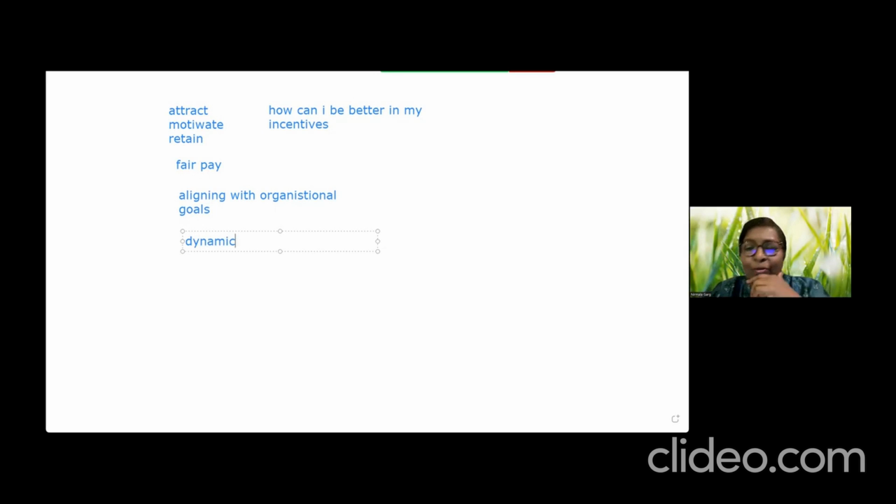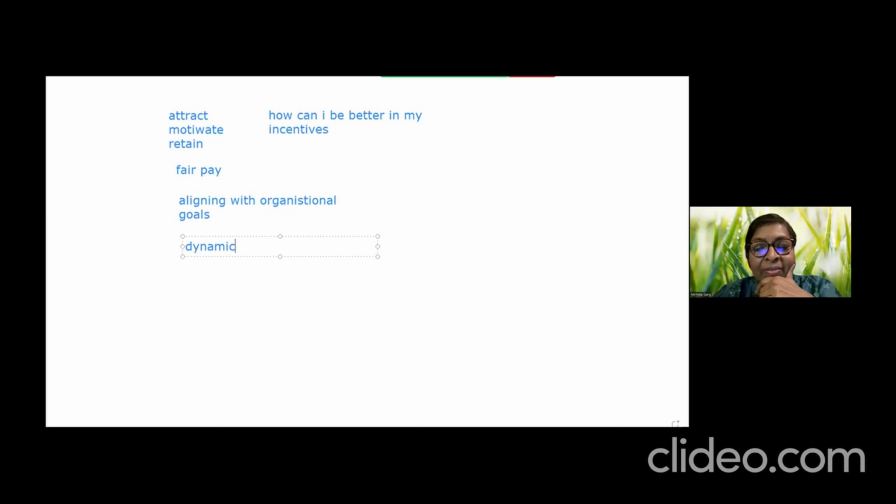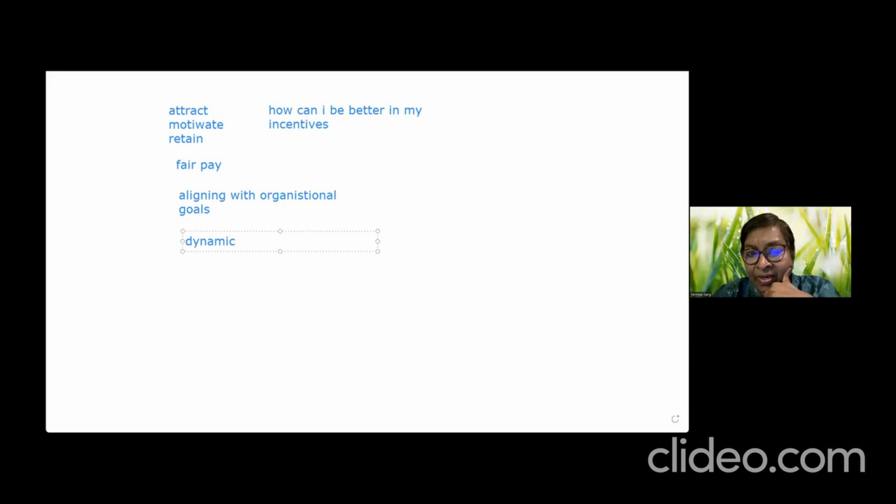So let us actually open up a good discussion. Just to give you that context in terms of why compensation is so important and why it should be dynamic, there are certain factors impacting compensation, many factors. If we were to look at just the external factors which are going to impact compensation, what do you think they could be? Majorly taxation, market inflation. External factors impacting compensation.